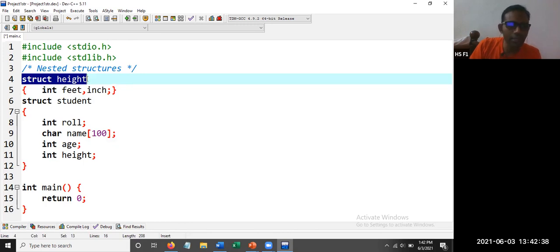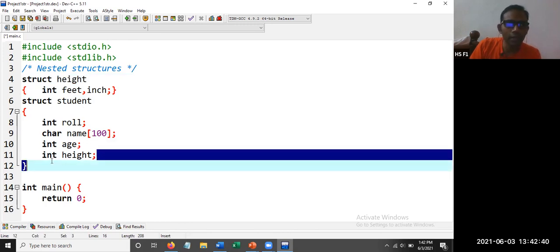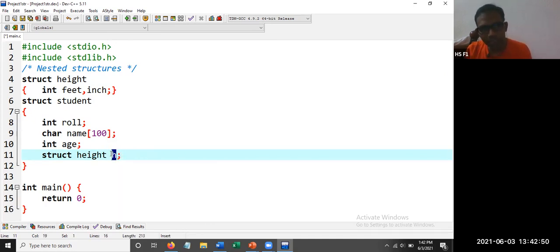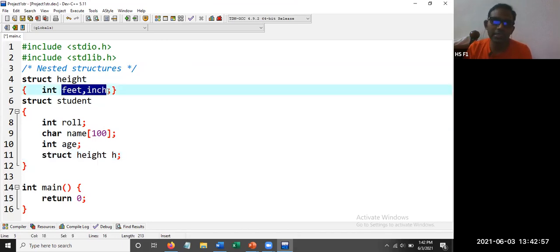So we are going to write struct height h. Now h is a structure type height variable which is having feet and inch in it.